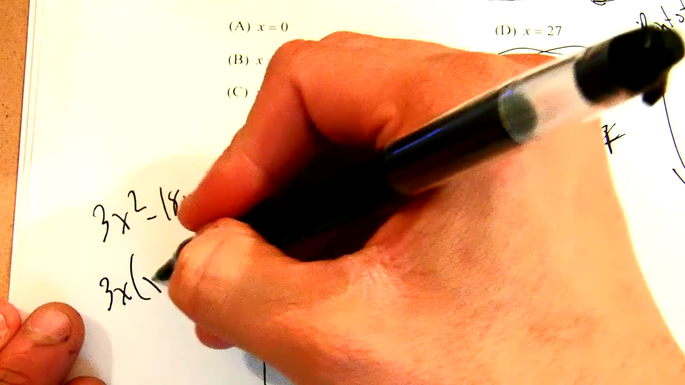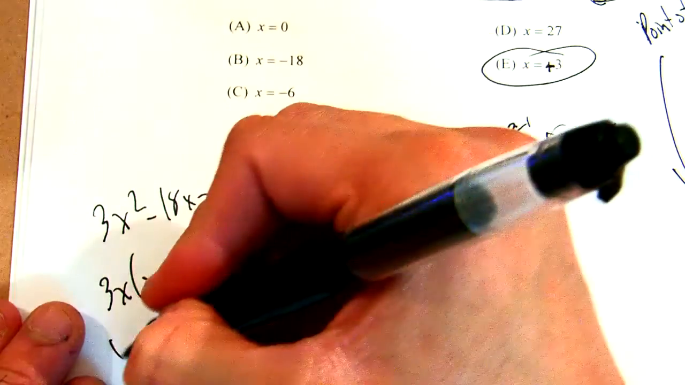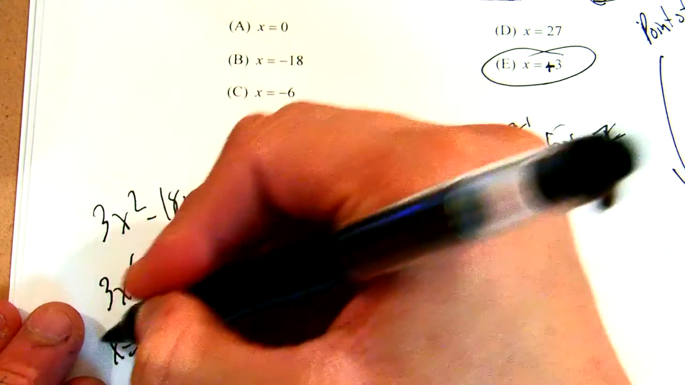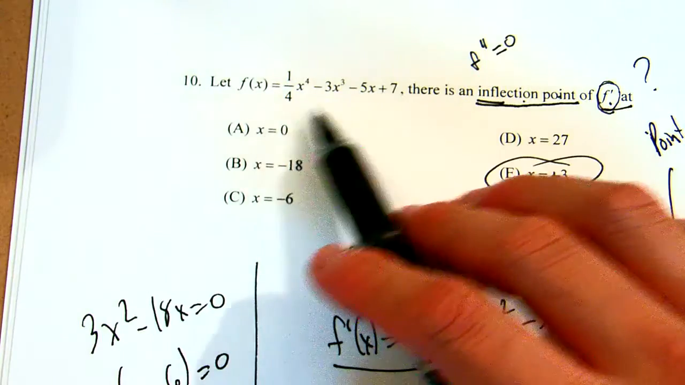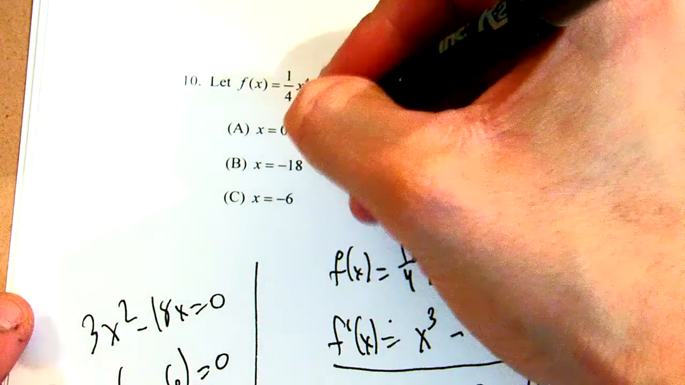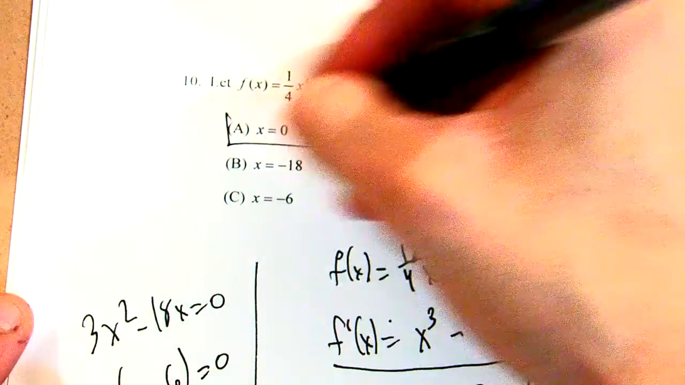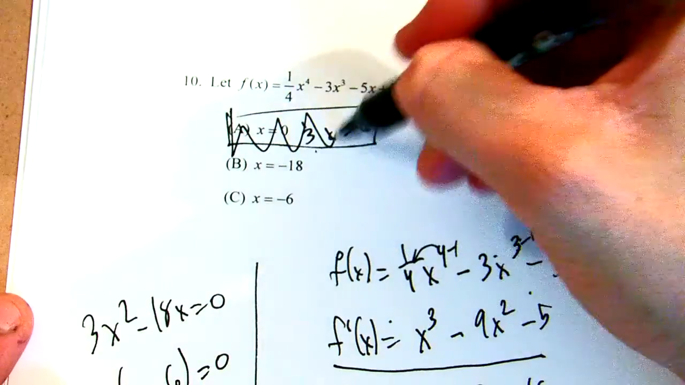This is 3x times x minus 6. So x is 0 and x is 6. So this would be a good way to trick you. In this case, I should have put a 6 here to make it a little bit more tricky. So that would have fooled you, but that's not the right answer. The answer is